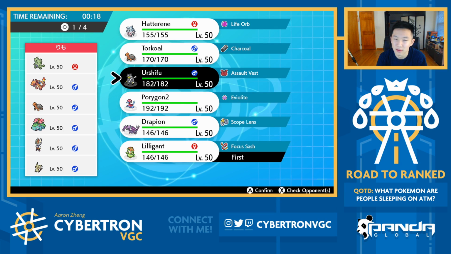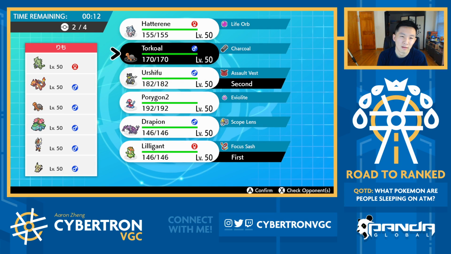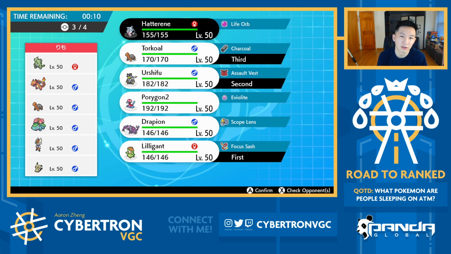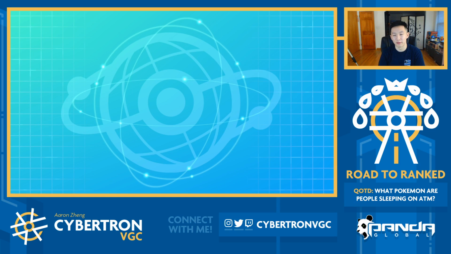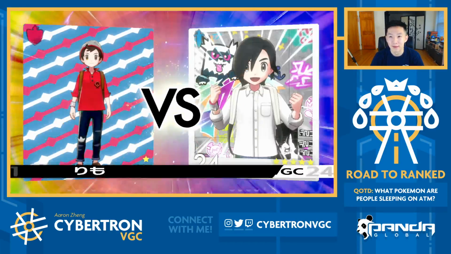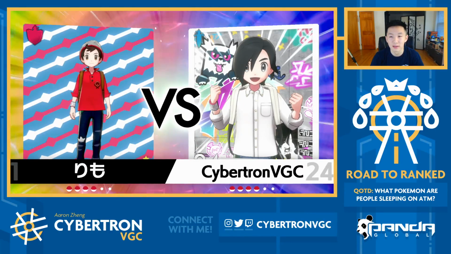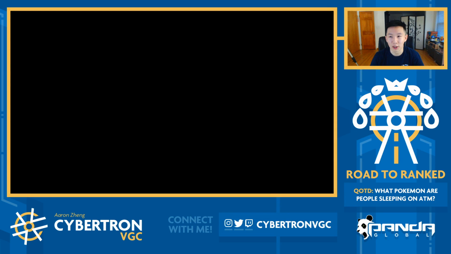Lilligant. Urshifu? Torkoal, Hatterene. Let's try this out. Drapion doesn't do anything for us here, I think. It doesn't hit anything for super effective, pretty much. I mean, it can do well against Mimikyu, but that's it. Everything else, it's just kind of mediocre against. So yeah, I think the logic here is